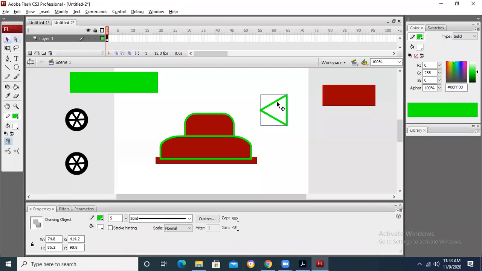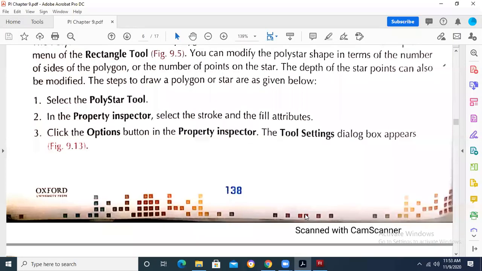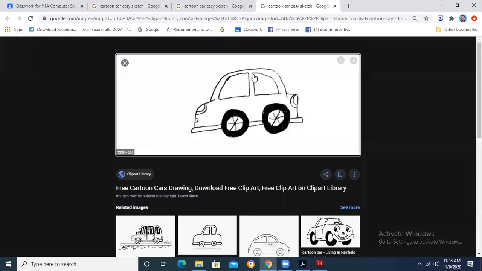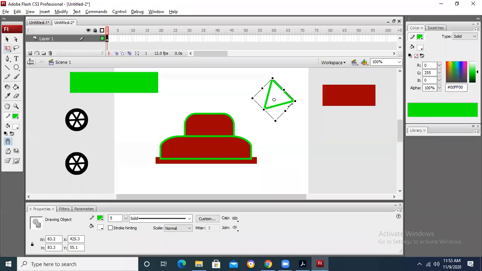I can make windows by taking a triangle if I want. Just like if you see in this diagram that we searched, basically this is a triangle but rounded from one angle. So what we can do, we can make it in this way.